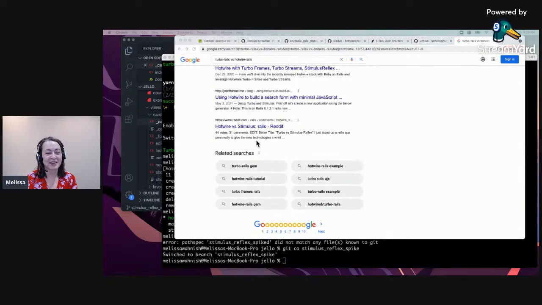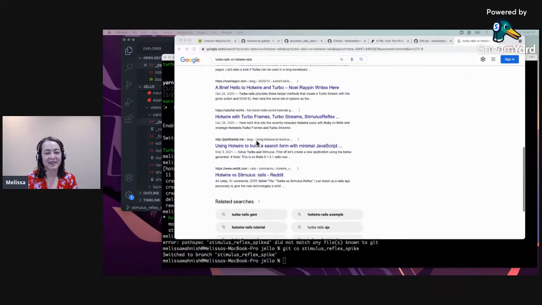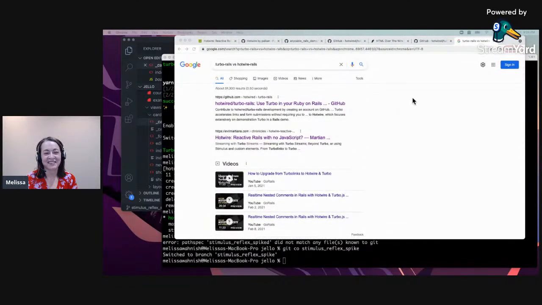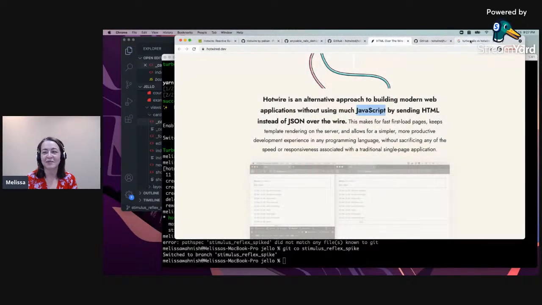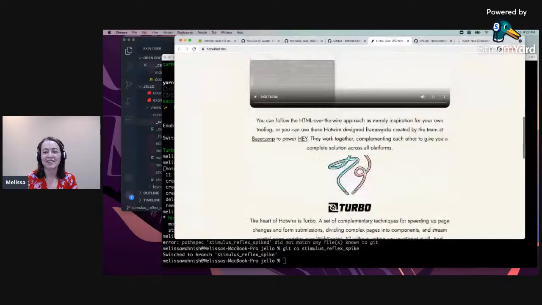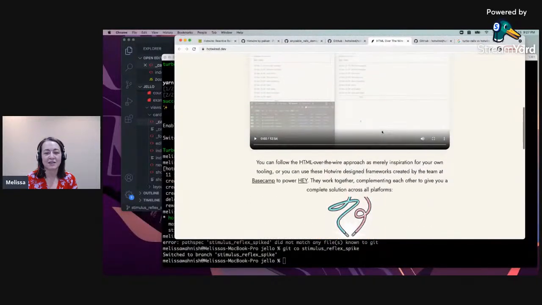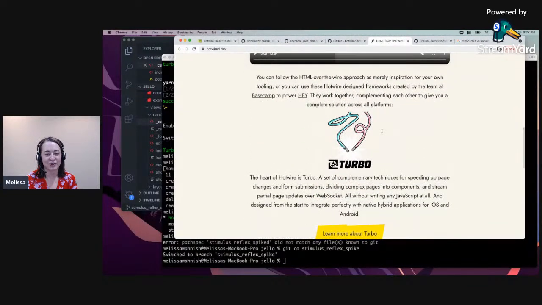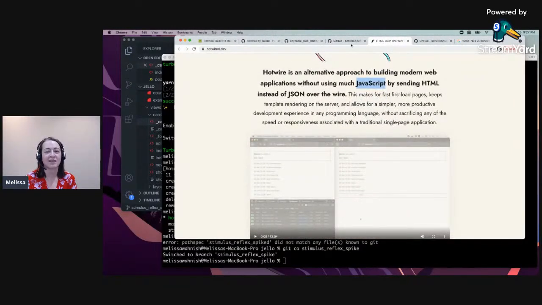Hotwire versus Stimulus. Here's some people giving their opinions there. I think actually we could probably, this has all of it, right? I feel like the Hotwire has Turbo, so I think we should keep with Hotwire, even though the